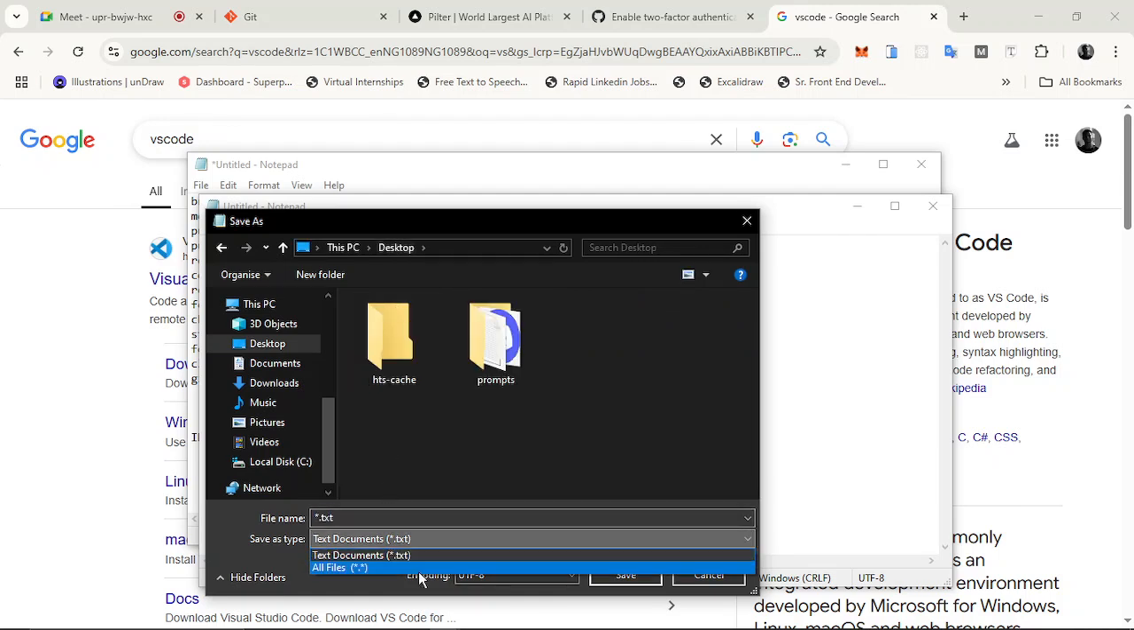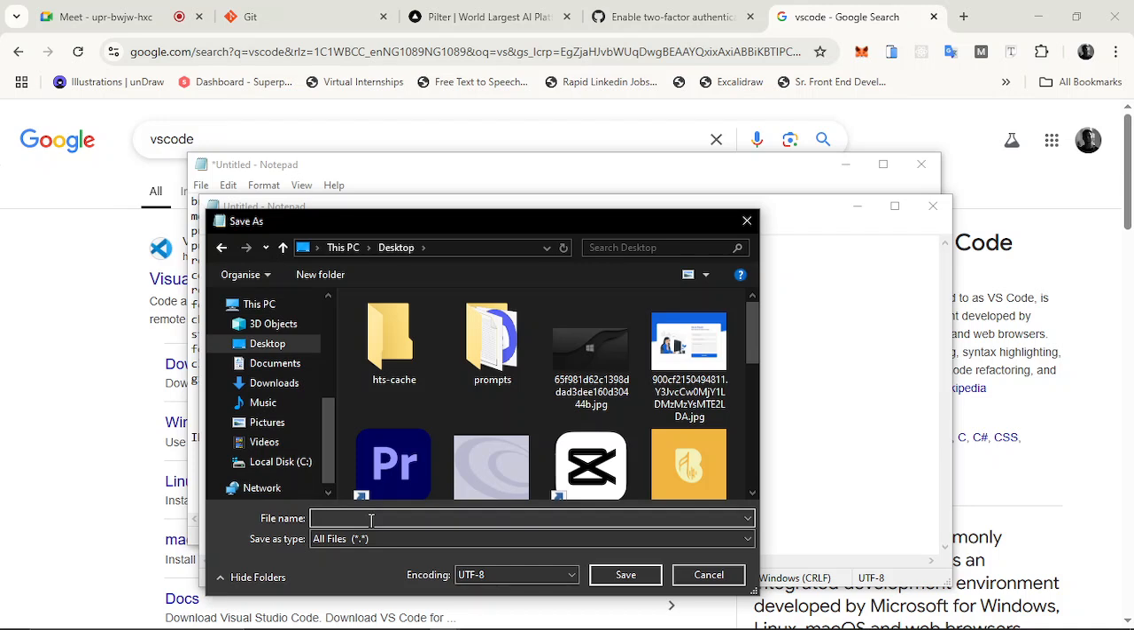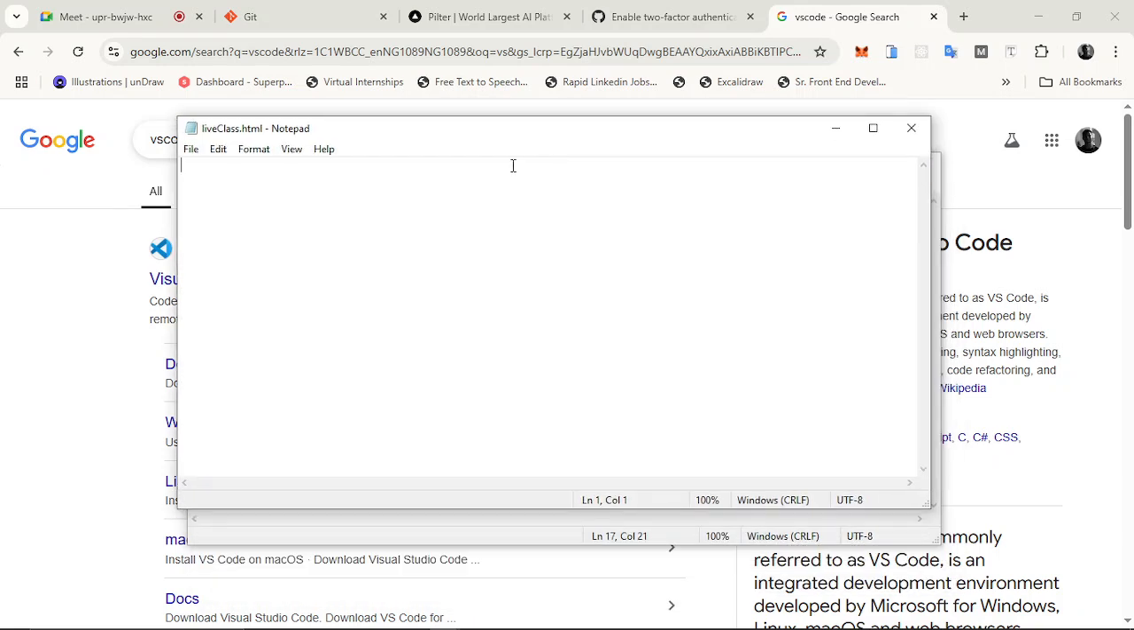Instead of this, I'll come down, select all files, and then come over to this place. I think it allows, okay. I'll save this and write live class .html. So as I save it with .html, if I put my doc type, I've skipped the doc type for now, then just go into HTML,